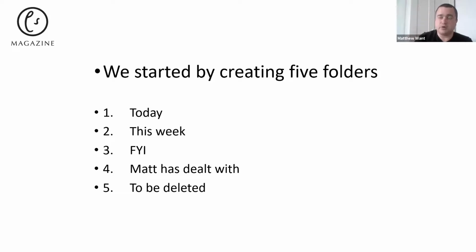So when you go into your executive's inbox, they see at the top that they've got today, this week, FYI, dealt with, to be deleted. It's just a great way to keep it at the top, so you and your executive don't have to go through scrolling through endless lists to find out what's going on. And also, one thing we do with these folders, you can create subfolders. So for example, today, when we've got events taking place, I'll set a subfolder up under today for events. So instead of having it all in one place, and you've got, say, for example, 200-300 emails, you can go into today events and see what's going on with the events. You can go into today and see what's going on with that. I do it often with this.